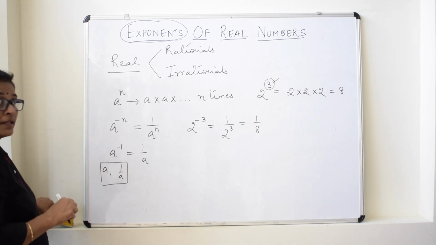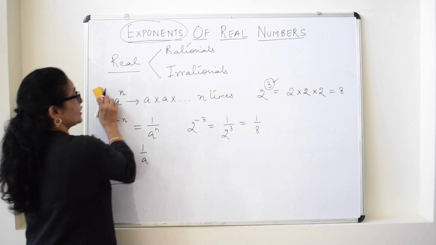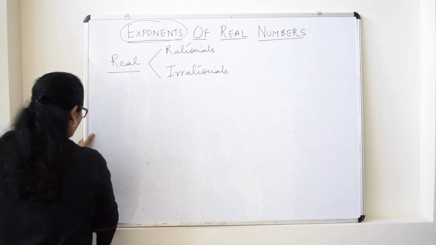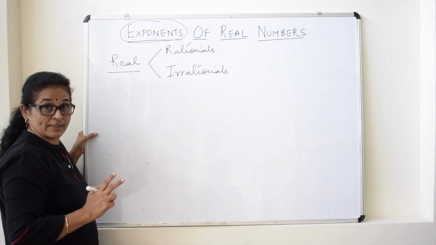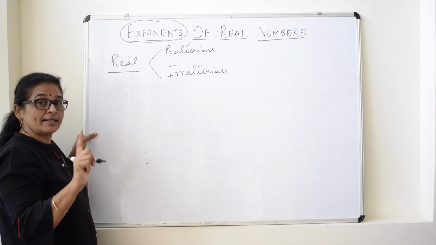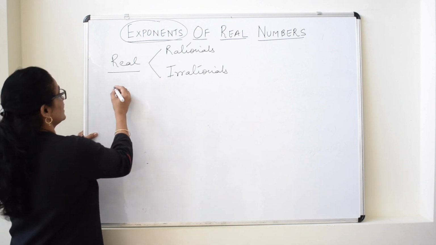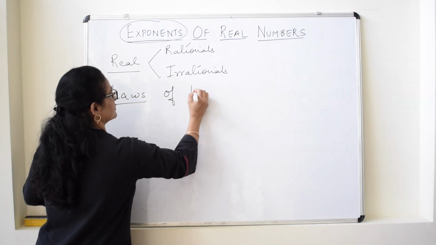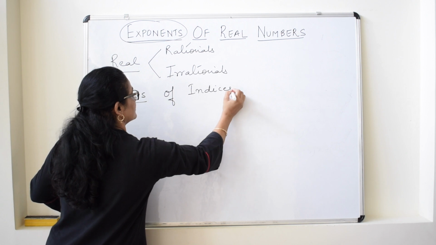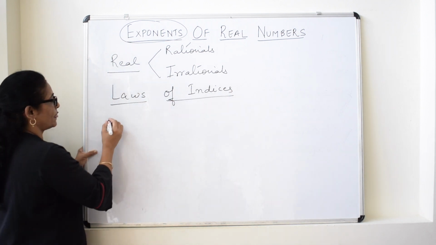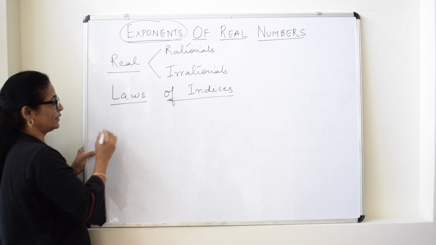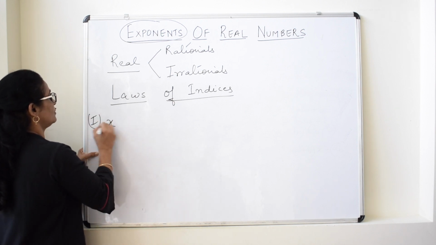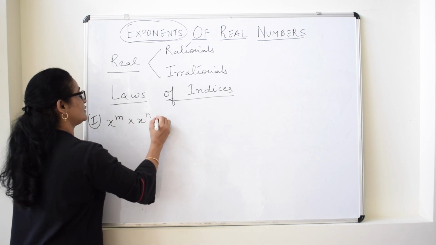Now we will see the laws of indices. Laws of indices, and two types of powers we will see. First is integral and second we will see the rational powers. In these laws, if we take x as a positive real number and m and n are integers, the first law says that